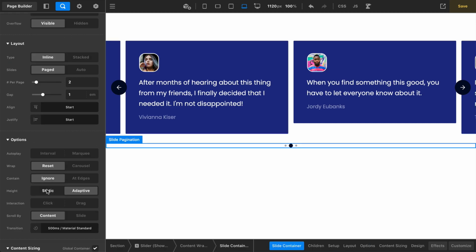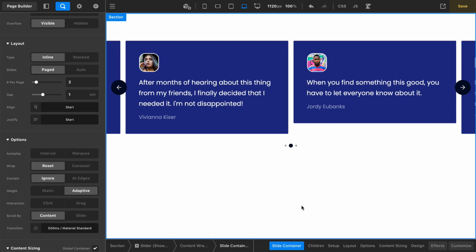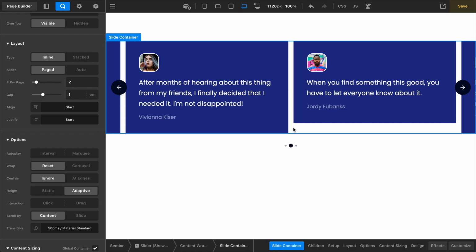It can be really cool for certain patterns, particularly if you're only showing one slide at a time, and perhaps the content between those slides is very different. There's a big disparity between those two. This might be something you want to explore in those scenarios, but do keep in mind that any content after this slider now is going to be moving up and down as the height of that slide container is adjusted